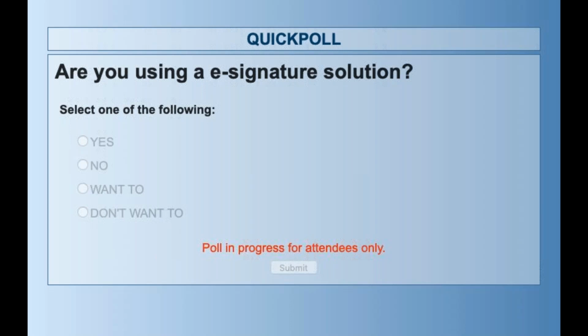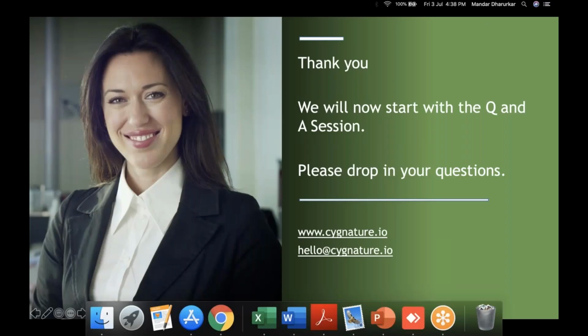With a very good response in the poll, 52% are using it, and other people also want to use it. So basically, those who are not using it currently and want to go for this e-signature solution, please get in touch with us. We'll help you with a quick demo of how the solution works, and how you can start with a free trial and use it for your business, as a single person, for API, or any requirement of yours. We can have a discussion over it.